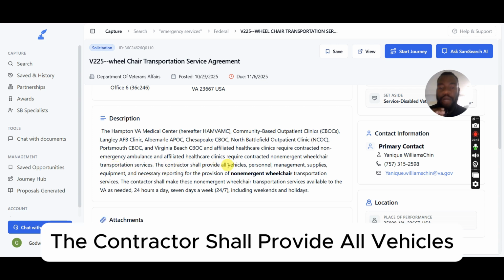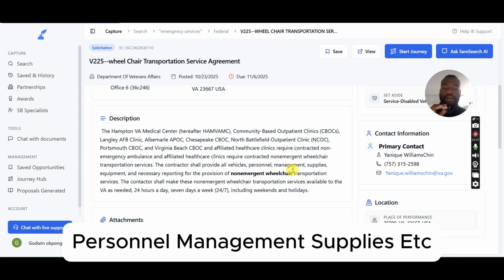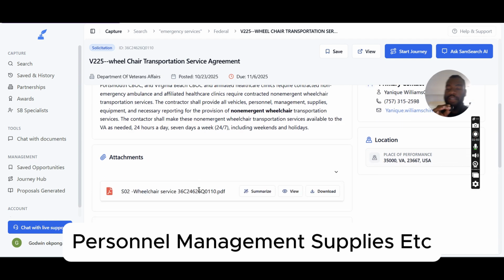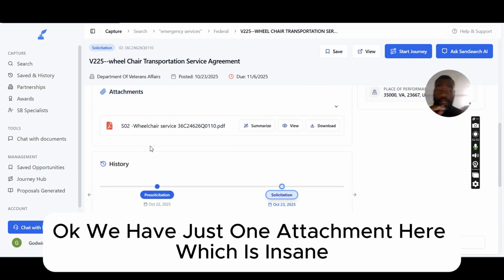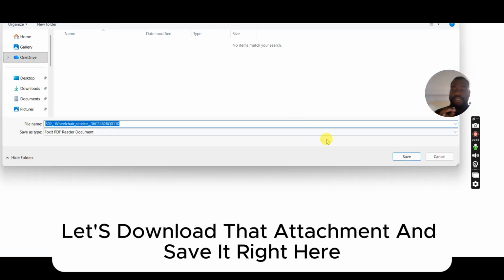The contractor shall provide all vehicles, personnel, management supplies, etc. Okay, we have just one attachment here, which is insane. Let's download that attachment